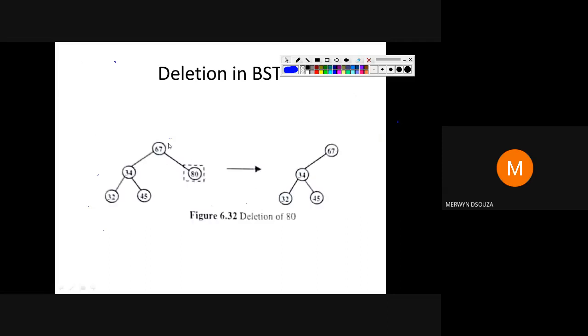So let's see one more example. Suppose we have an example like this, where we need to delete 80. So first of all, identify which case you are going to apply. So again, this is a leaf node. If you are deleting a leaf node, you are always applying case A. When you are applying case A, that means you directly delete this node and you set the right link pointer of the parent equal to null. When you make this equal to null, your tree will look something like this here.